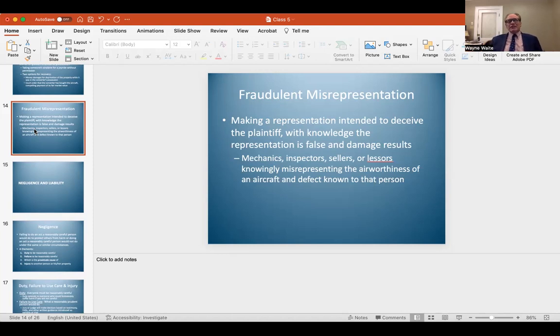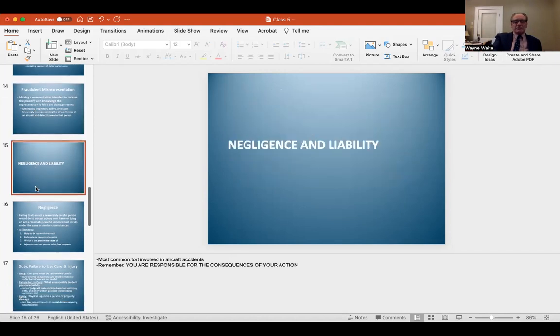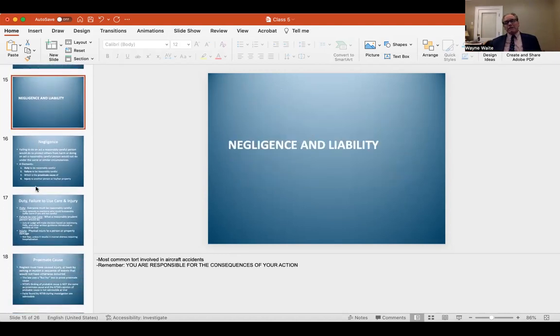And what do you need in order to line up a fraud case? Well, you need a fraudulent misrepresentation that's knowingly false when made, that's justifiably detrimentally relied upon by the other party, that results in damages to them. So it's not just that you make a fraudulent representation, but all of these key elements must line up in order for that really to hold water legally.